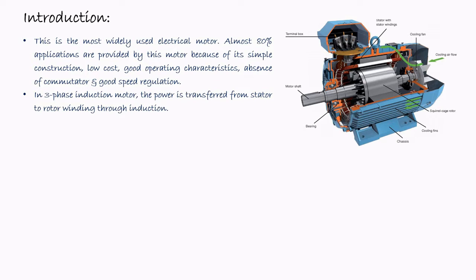As we all know, the motor operates based on the Lorentz formula, which states that when a current carrying conductor is placed within a magnetic field, then a force is developed on the conductor. Because of this force, the torque will be produced, and due to this torque, the rotor of the machine will rotate. This is the basic operating principle for any type of motor, whether it is AC or DC.